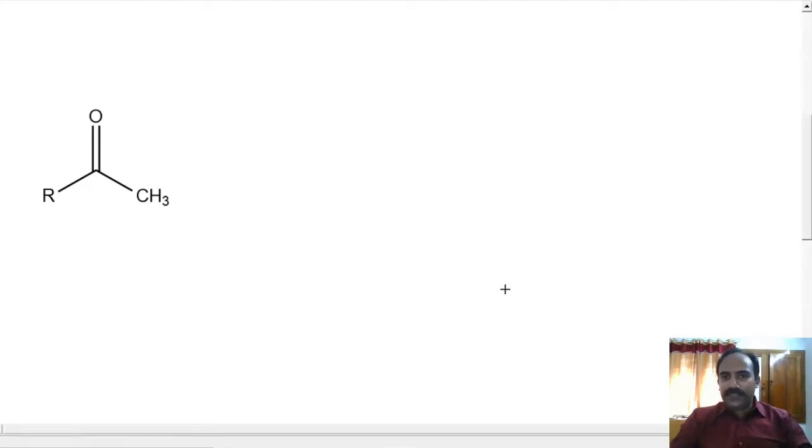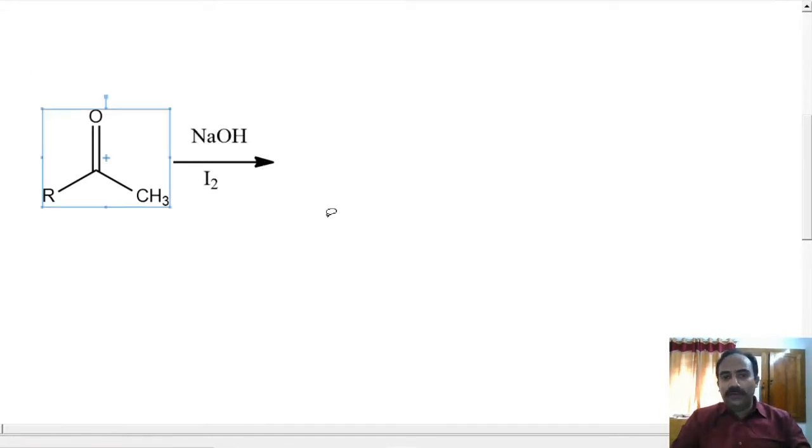When a compound is treated with sodium hydroxide and iodine, if it gives a pale yellow precipitate, which is iodoform, and a characteristic smell of it, then you can say the compound is a secondary alcohol with CH3 at the alpha position, or a ketone with the CH3 at the alpha position, or it is acetaldehyde, or it is ethanol. Any of these can be possible. The reaction happens because of this group. If it is OH, it will be oxidized into C double bond O. Then only the reaction happens. Let us have a look at the reaction itself.